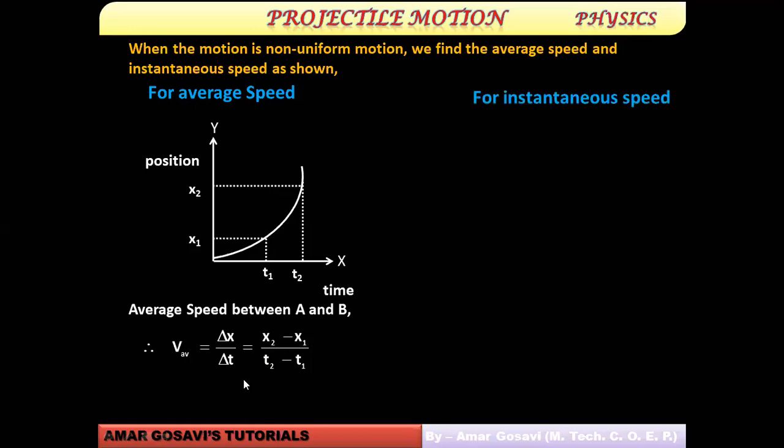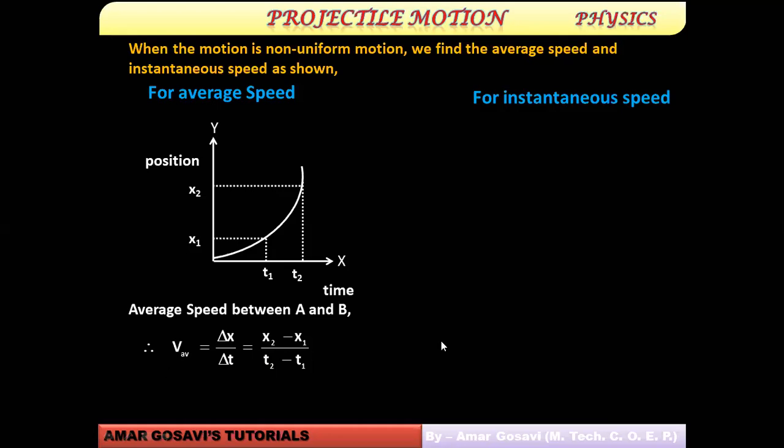Instantaneous speed. Now, average speed is something, say for example, you have taken average. If the vehicle starts from Pune to Mumbai, for example, not necessarily, every time the speed would be 100 kilometers per hour. Sometimes it will be 10, sometimes it would be 0, sometimes 80, 60, 40, sometimes 100. You have to take an average value of that. So average value is taken in this manner from the graph.